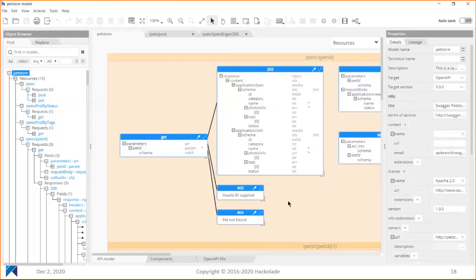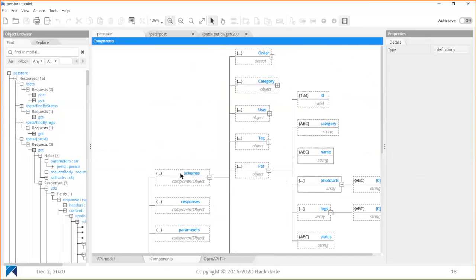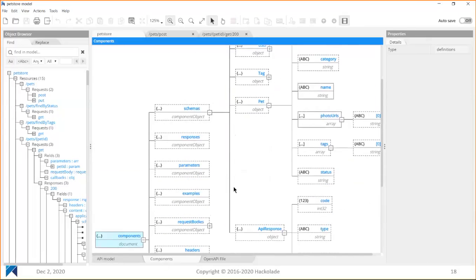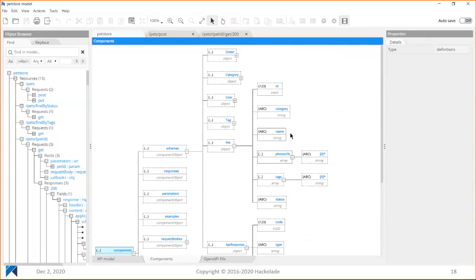So with this pet store model, which is the famous example used in Swagger and OpenAPI examples, you can see that there's a components section for schemas where you can define the structure once, and this structure, once it's